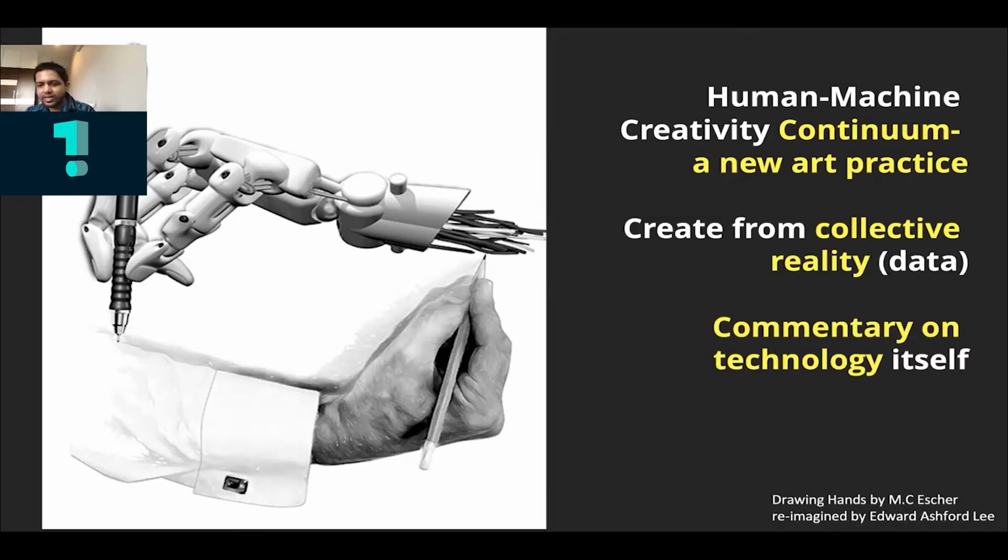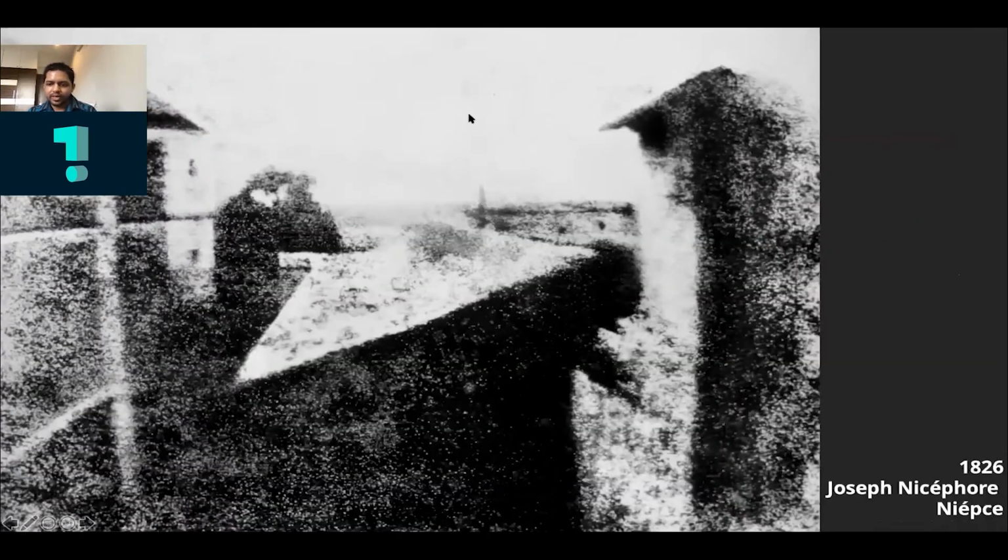And the last is that we all live in a highly tech-immersed world. A lot of it is AI driven. So there is no better way to comment on our existence within technology than using that medium to make art with. So, to begin talking about AI art not replacing but augmenting human art, there is some analogy to be drawn